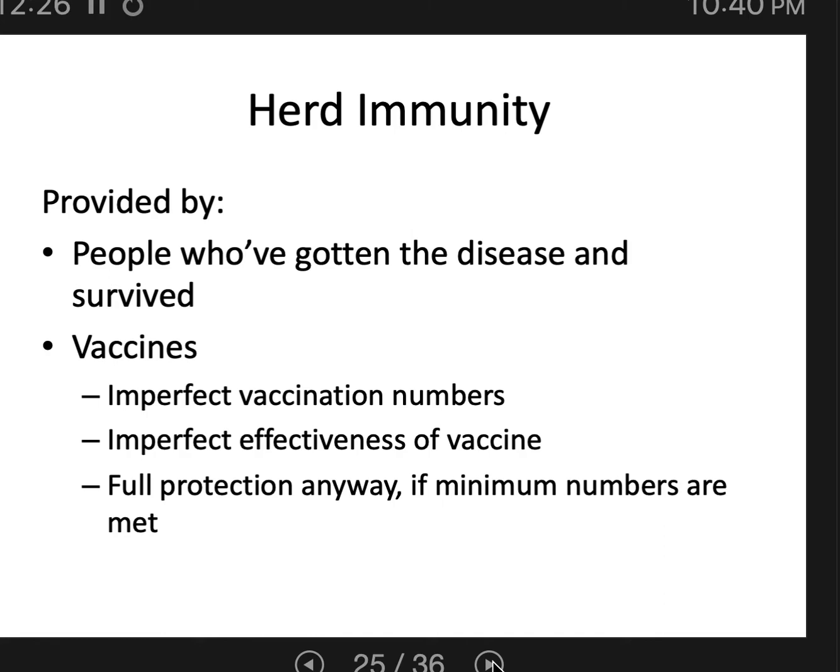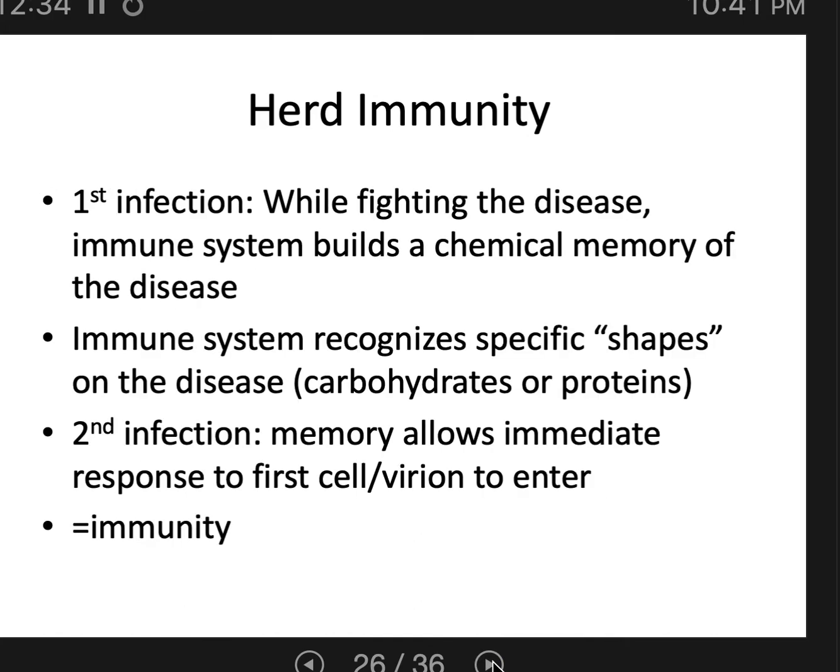So it's difficult to talk about herd immunity without understanding a little bit about immunity itself, which we're getting into next chapter, chapter 15. But I'll just give you a brief introduction. When you meet a pathogen for the first time, you get sick because your body's never encountered that pathogen before. Your immune system doesn't know it. So the pathogen grows and grows, divides in your body, making new generations, spreading through your body. While it's doing that, and while you're getting sick, your immune system is in the process of building chemical memory against that disease. It just takes a little time.